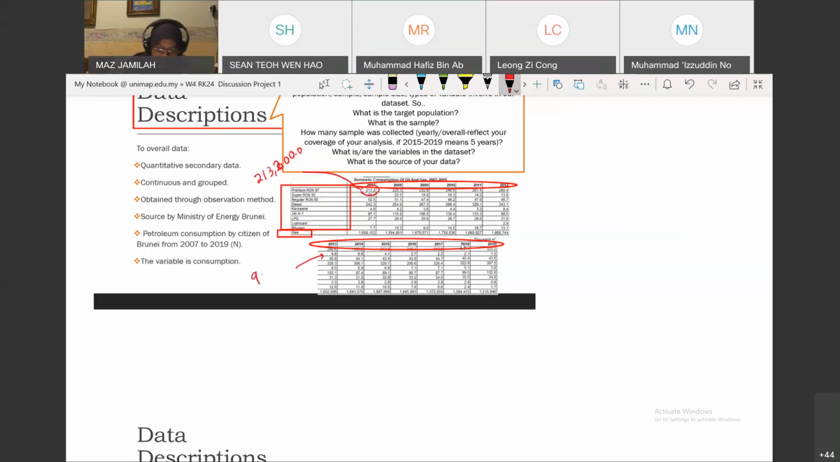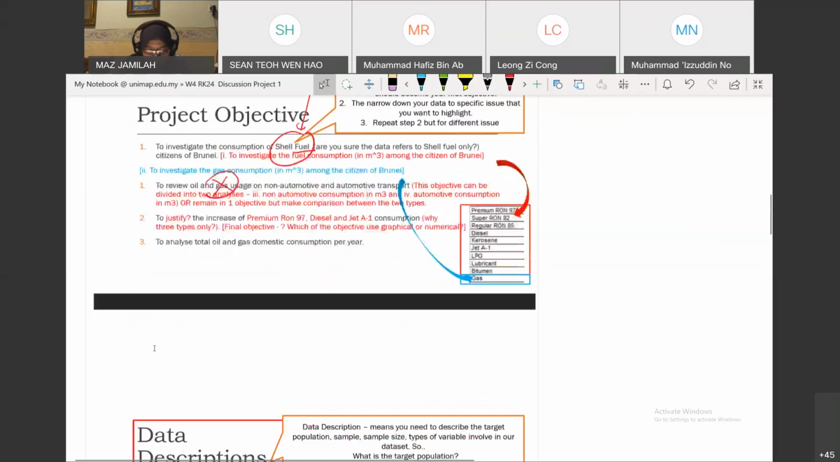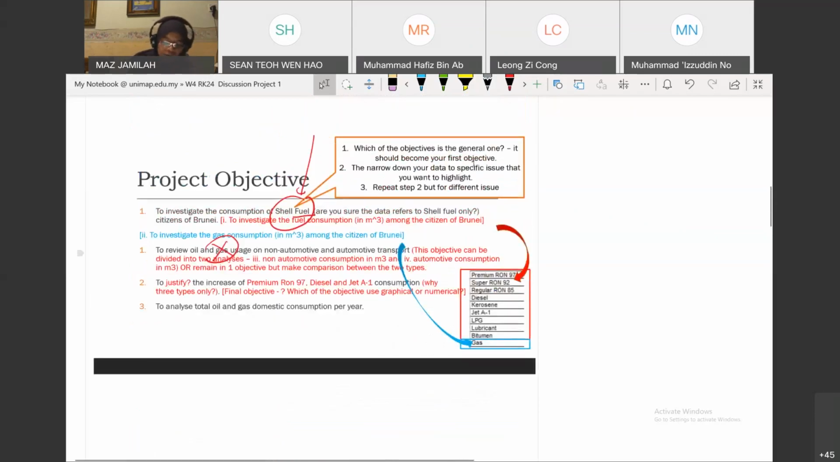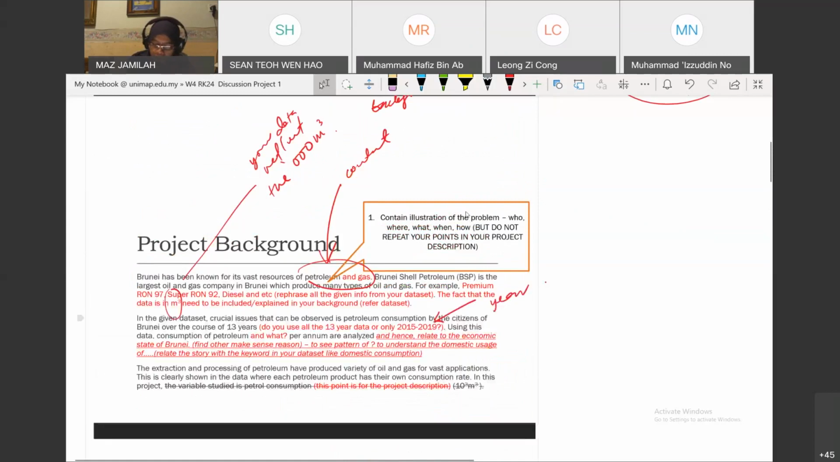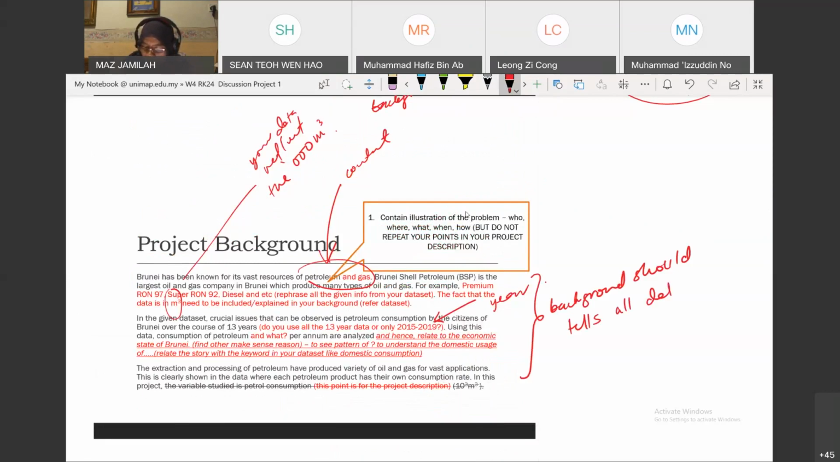Okay, it will be 9,800 meter cube. So it is important for you to justify everything. So the detail of your project, okay, your background should tell all details about your project. But make sure